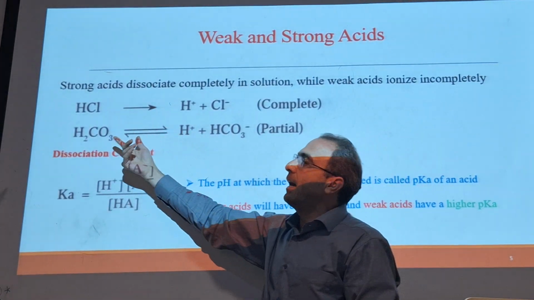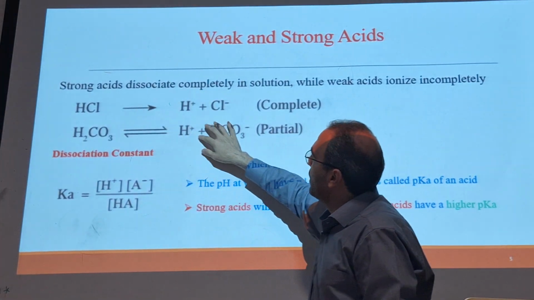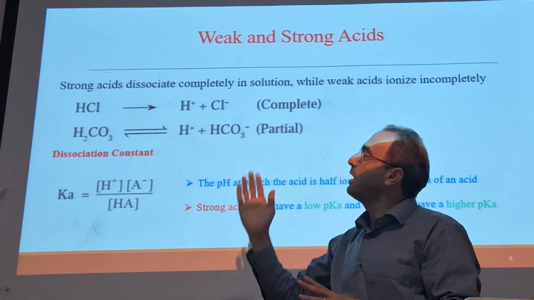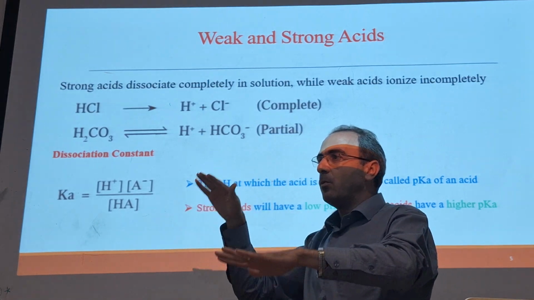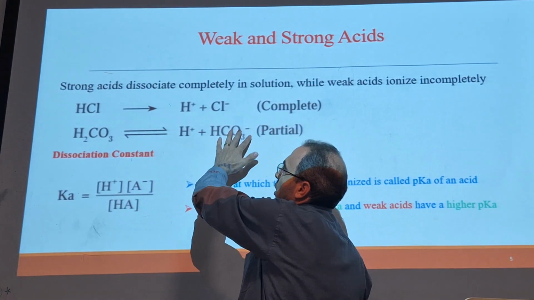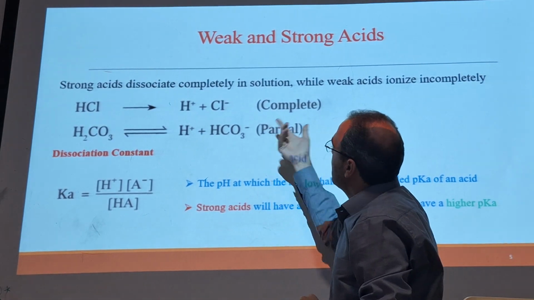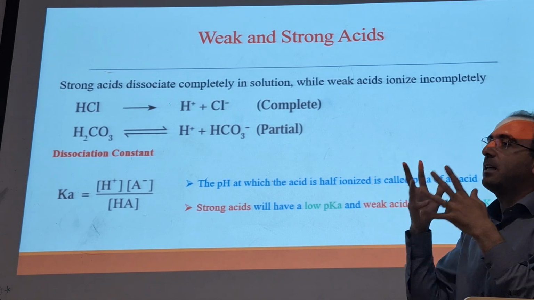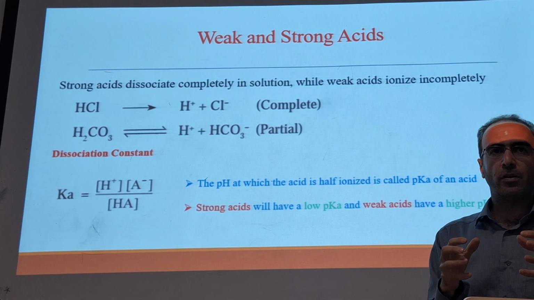And for carbonic acid, if you look at that, some part of it dissociates to bicarbonate and H plus, and some part of the reaction goes back. So we have a balance between the production of base and the production of acid. This is known as partial dissociation. So when we say the acid is weak or the base is weak, it means only a partial part of them